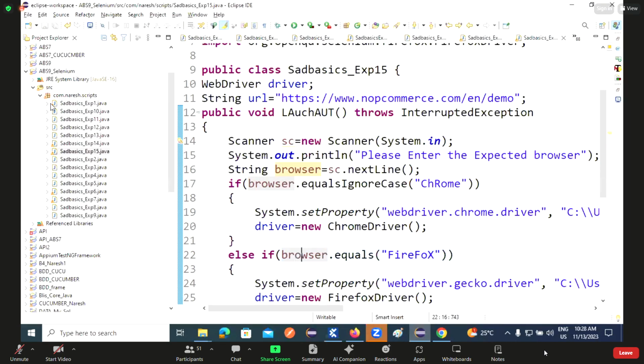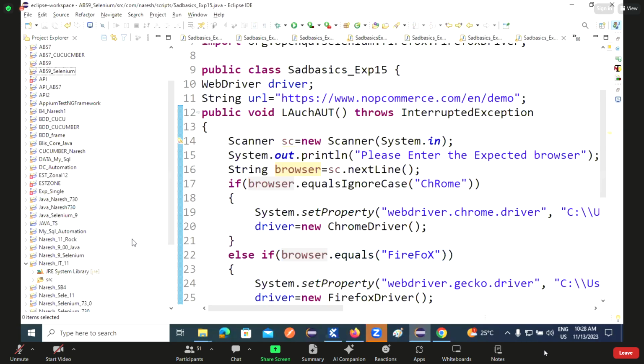If you want to do the parallel execution with human effort, we need to provide the Scanner class. We need to